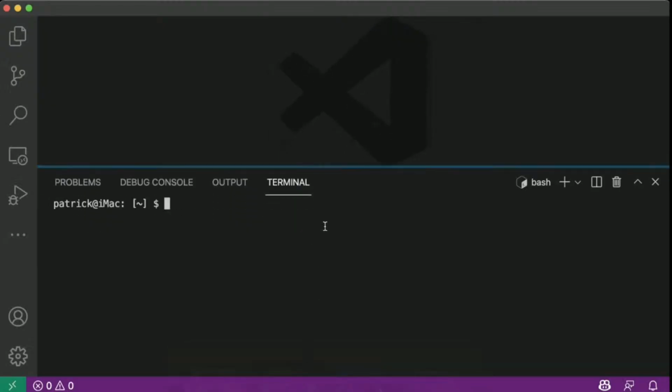So we're in our VS Code. We're in our text editor, and we have Brownie installed. Let's get going. So I'm going to cd into my demos folder. I'm going to make a new directory called hackathon. We're going to cd into hackathon.